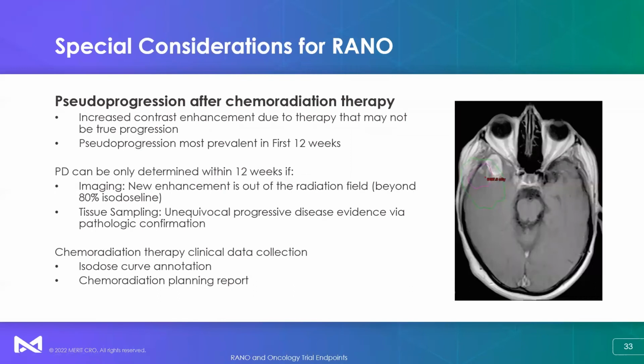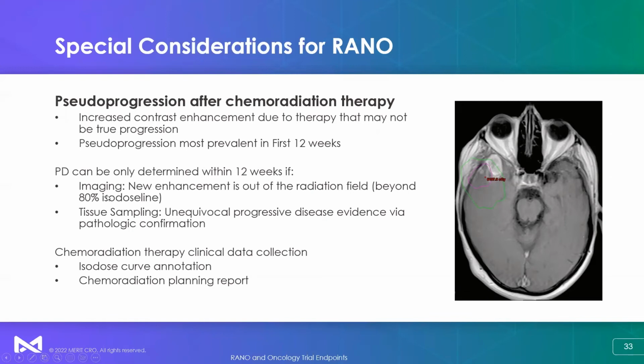Also, as well as the pseudo response, there could be something called a pseudo progression, and usually that's associated with the chemoradiation therapy. And in this case, there will be an increased contrast enhancement due to the therapy that may not be a true progression or a true response, as in cases like the pseudo response. And a pseudo progression could be most prevalent in the first 12 weeks, so that PD can only be determined if